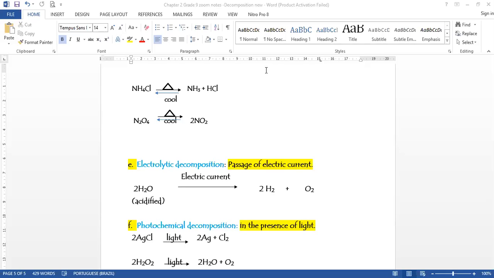Yes, Panini. Sir, could you explain thermal dissociation? I had a network problem at that time. Thermal dissociation is a decomposition reaction in which the reactant decomposes to give you the products, but then the products can combine again and give you the reactants. It's basically a thermal decomposition reaction which is reversible in nature. In a normal thermal decomposition reaction, it is an irreversible process, that is, products cannot combine and give you the reactant. But in thermal dissociation, products do combine and give you the reactant. That is the difference between thermal decomposition and thermal dissociation.